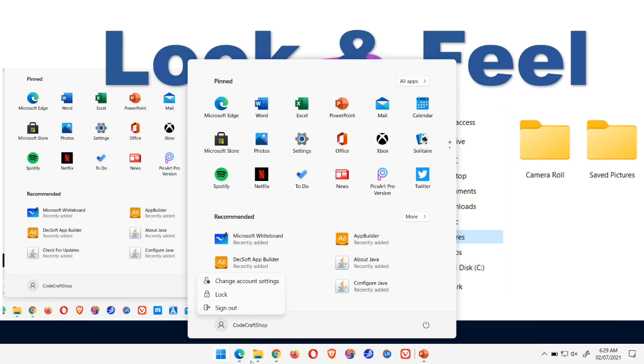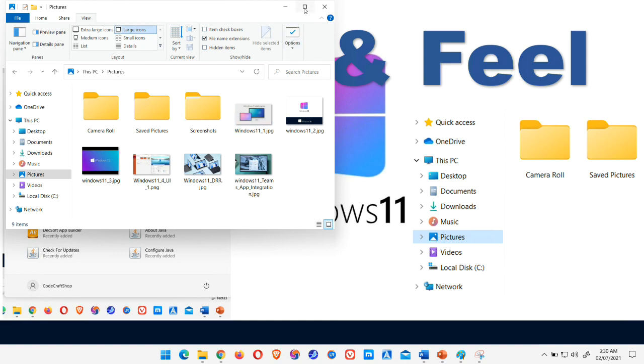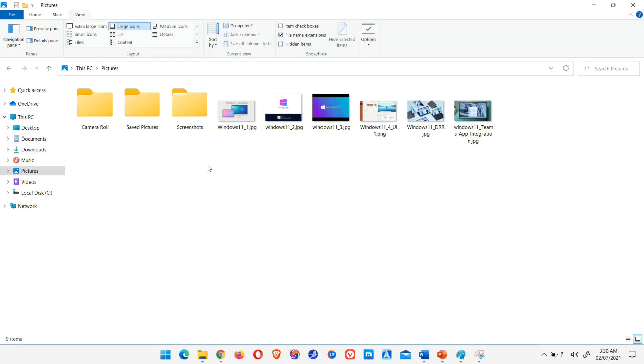And along with this we can see that the icons has been centrally aligned, and if we go to any file explorer, so we can notice that the icons has been changed, the folder icons has been changed, the music icon, pictures icon, and basically they have modified all their icons layout.